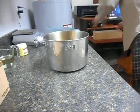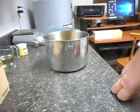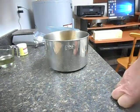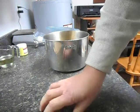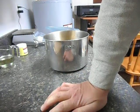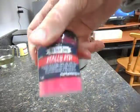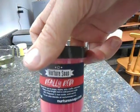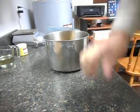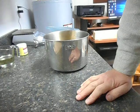So, I've made several plans. I've also gotten some new colorants and some new scent oils to be playing with. So actually, I have several plans to get us all the way up through well into spring. I'm going to be doing this one this week. I'm going to be doing another one next week with red instead of yellow, and I'm going to try for the first time Nurture Soap's Really Red because it's gotten a really good review keeping its red color in cold process. Then I'm going to be doing 2 all-natural soaps, all-natural colors, and scented with